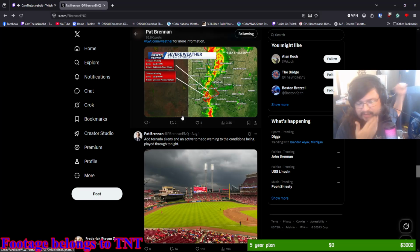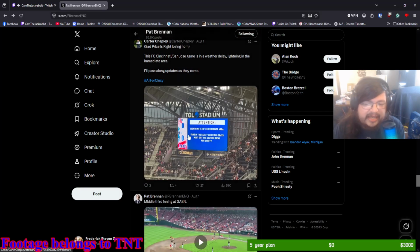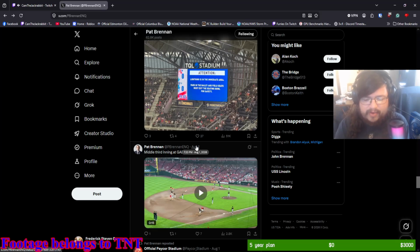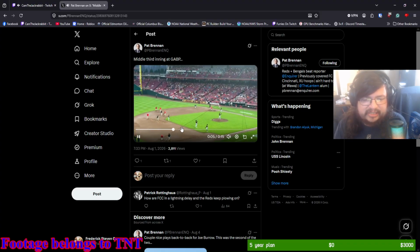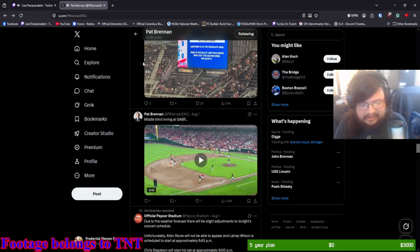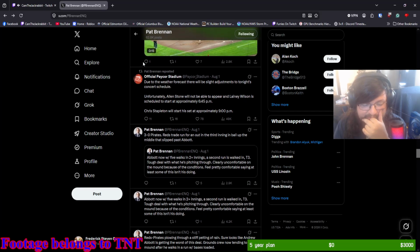I don't know if the decision with that many people downtown was to turn on the sirens. There was a lightning delay for obvious reasons. I believe lightning was north of TQL, and TQL is just over a mile away from Great American, but please tell me how this is playable. I know they watered the diamond a little bit, but come on, that is... That's just...